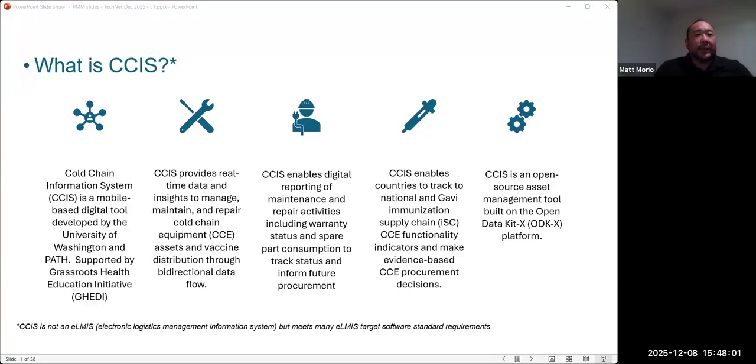Just to spend a couple minutes briefly describing the CCIS part of this. As Edda mentioned, we have all the tools available in the toolkit, and one of the components of that tool is the digital collection. Donnie will do a lot more in-depth talking about how the PMM portion of it is designed. But the cold chain information system, or CCIS, is a digital cold chain inventory application, basically, that anybody can use. It's an open source available tool that will help you digitize your cold chain and allow for real-time collection of